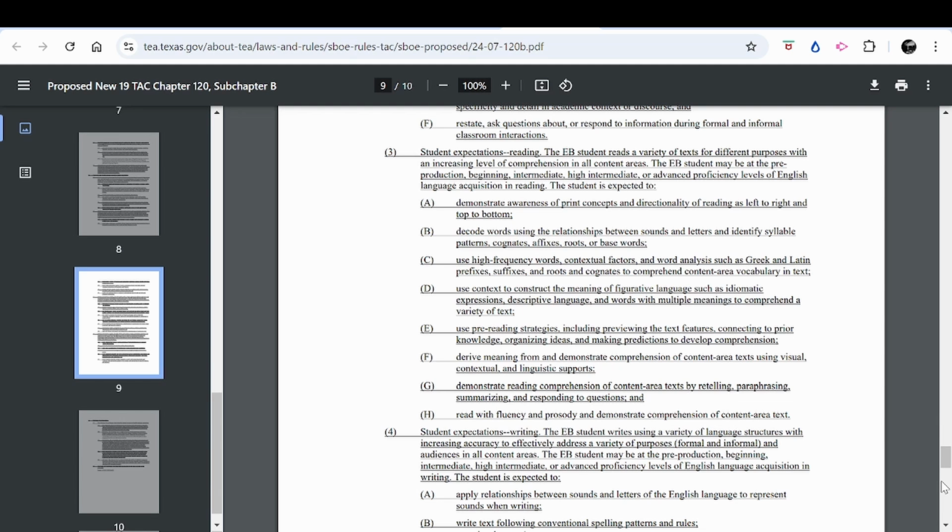The student is expected to A. Demonstrate awareness of print concepts and directionality of reading as left to right and top to bottom. B. Decode words using the relationships between sounds and letters and identify syllable patterns, cognates, affixes, roots, or base words. C. Use high-frequency words, contextual factors, and word analysis such as Greek and Latin prefixes, suffixes, and roots and cognates